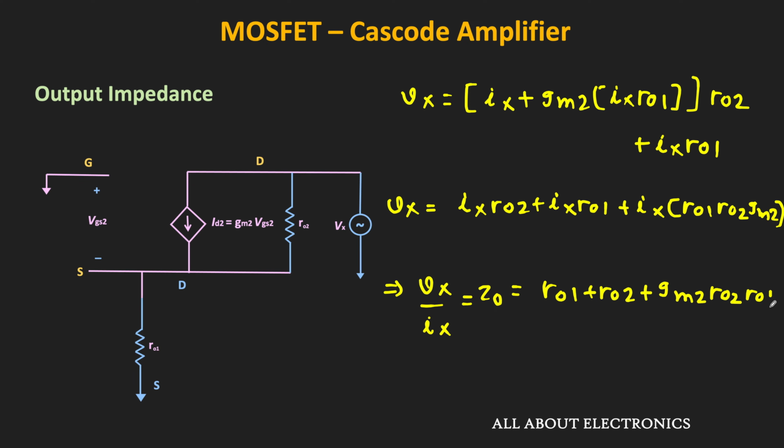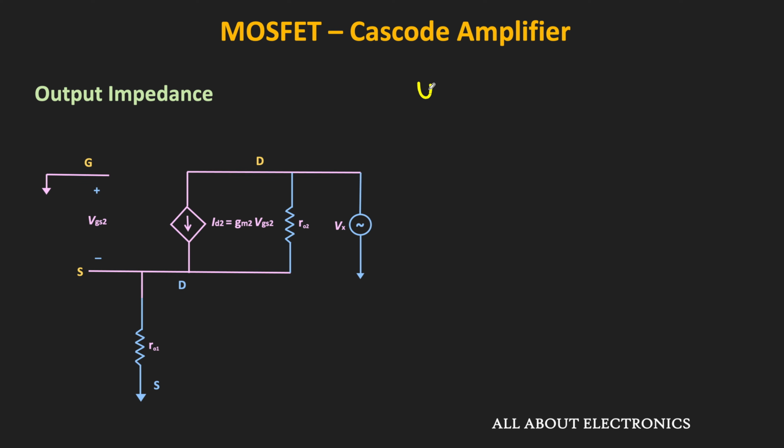Now here this last term will be definitely larger than the first two terms. Let's say this Gm2 is equal to 0.1 millisiemens and this R02 is equal to 100 kilo ohm. That means this Gm2 times R02 will be equal to 10. That means this entire term is equal to 10 times R01. So approximately we can say that this Vx divided by Ix, or this output impedance, is approximately equal to Gm2